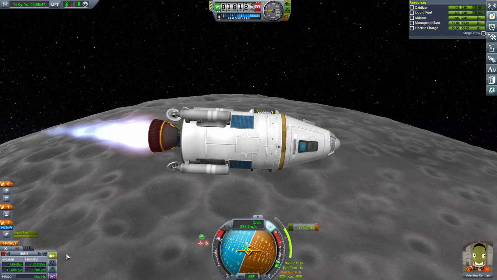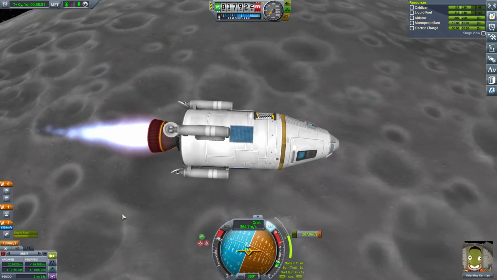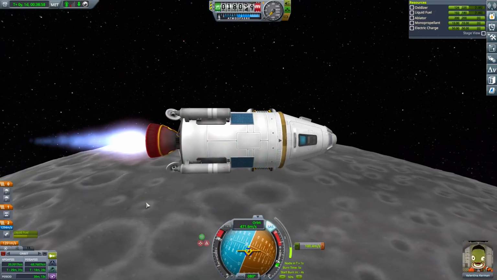Then we're going to head back. But I think we're actually going to end this episode with Val in orbit of the moon, because I think next episode we'll bring her back, get the science, and then I think we're going to go for a rescue mission. We're going to try and rescue some